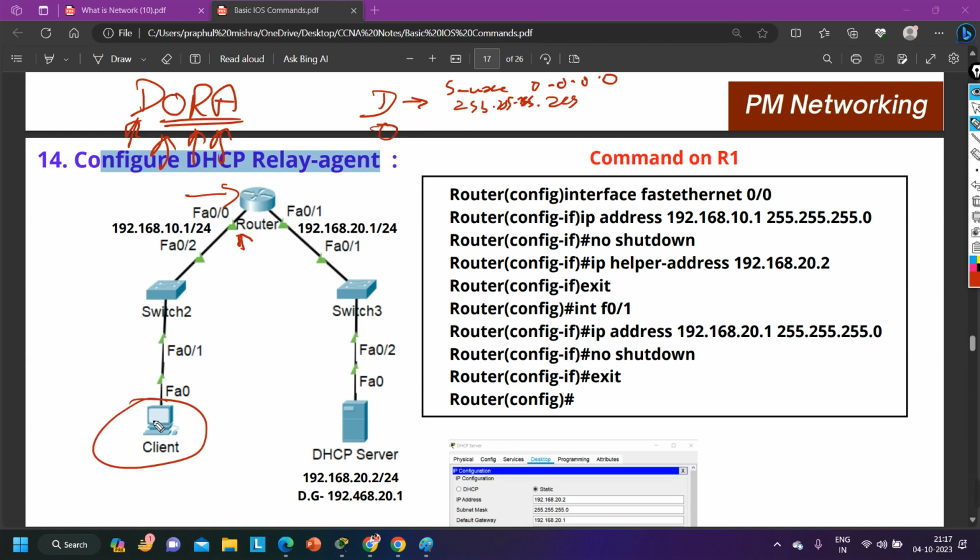This machine still doesn't have an IP address, right? So the destination IP will again be the broadcast 255.255.255.255, but the source IP address and source MAC will be those of this server. So router 1 will know the MAC address of this server. Whatever entry it needs to update, it will update. After that, it will forward to